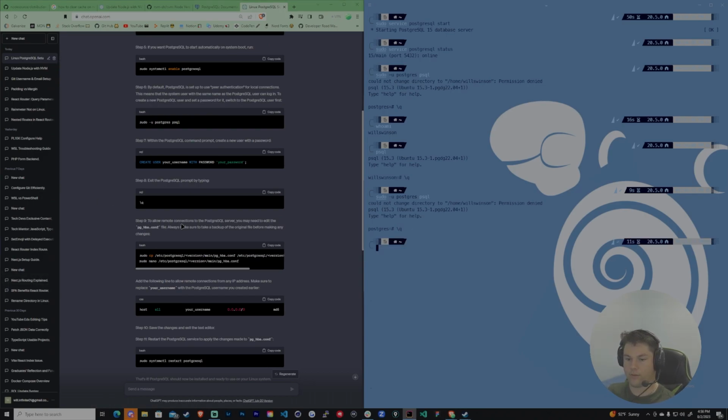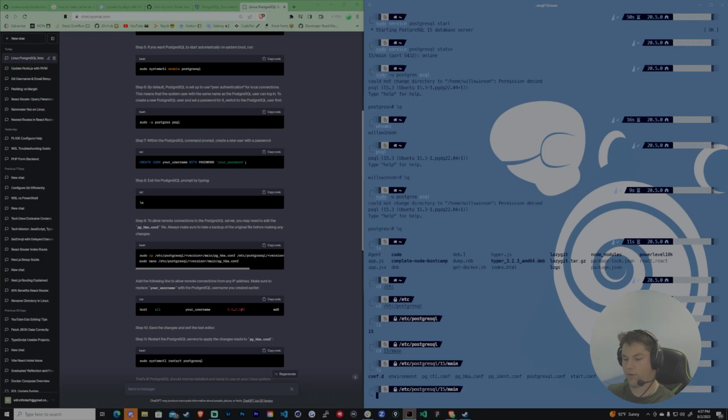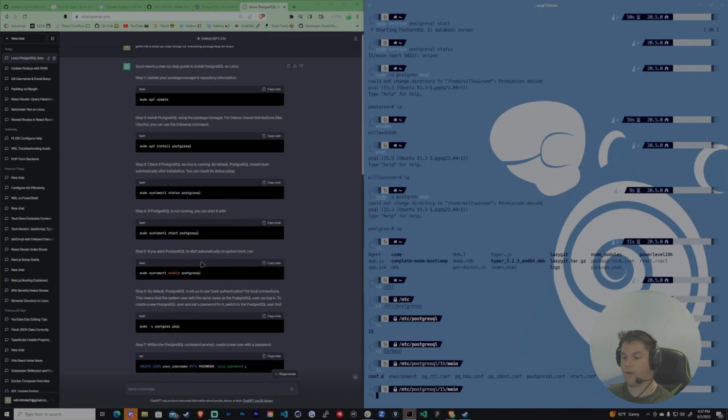And what you can do is you're going to go to cd /etc/postgresql/, just go there and do an ls. So you should see a 15, and now you're going to do cd 15/main, go there and do an ls. If you don't see a 15, you see maybe a 14 or something, then you go there. If you see a 15 and a 14, you're going to want to uninstall or remove the 14, and that's as easy as just removing it from the